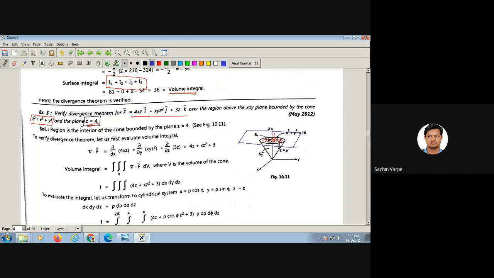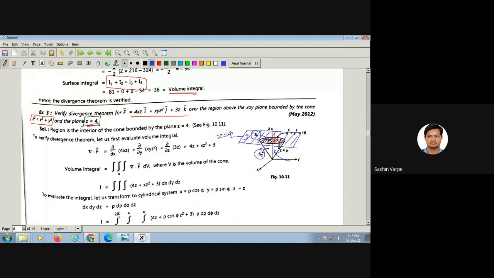जैसे कि एक ग्लास पे प्लेट रखा है. Can you visualize this? Hello? This is the plane z equal to 4 at height 4. Yes or no? Yes. So, how many surfaces are there for this cone? There are two surfaces, right? This curved surface and this bottom surface. Actually, that is not bottom, that is top now. So the curved surface and top surface. So that is why S1 and S2 are the two surfaces.